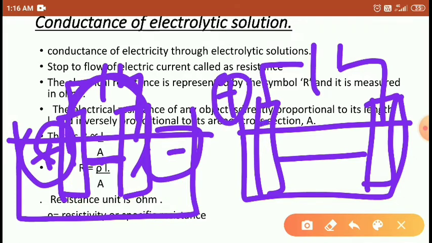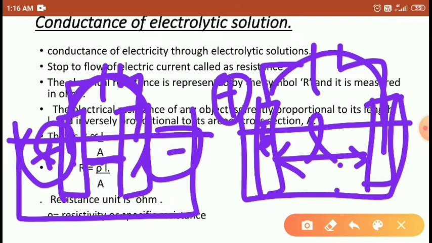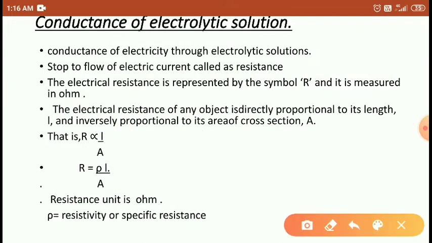Students, in the other beaker we are using the same electrolytes, but in this case the electrons require a large time to flow from anode to cathode, because the length between the electrodes is very large. So the flow of electrons is reduced, they move very slowly as the distance increases, right? So that's why we say resistance is